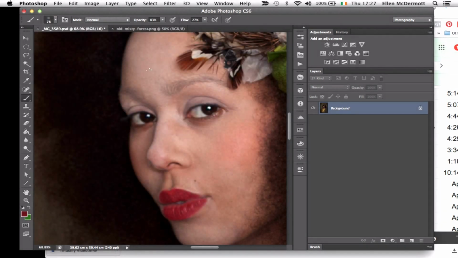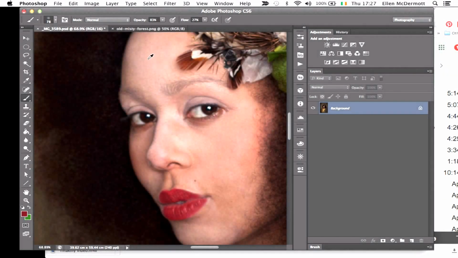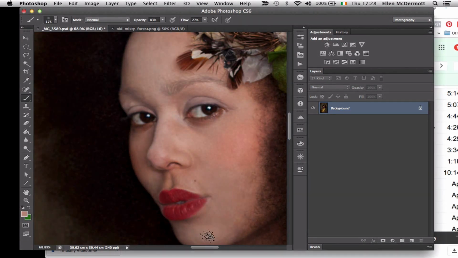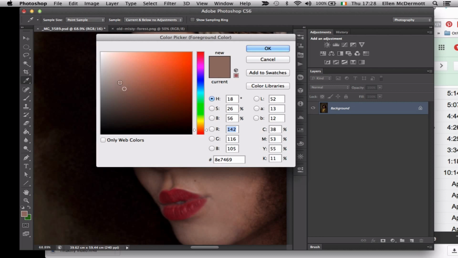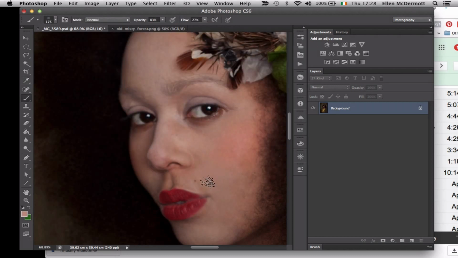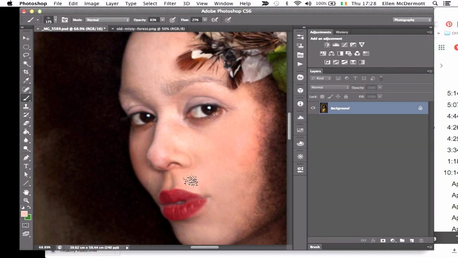So I'm going down to my skin brushes. I'm going to pick a light skin brush. And now I'm using my color picker, just pressing the Option button. I'm picking the color. And then I'm just going to put it around her face, like so. I'm just going to lighten it a bit, it's still a bit dark. I don't mind if it goes over her cheeks,